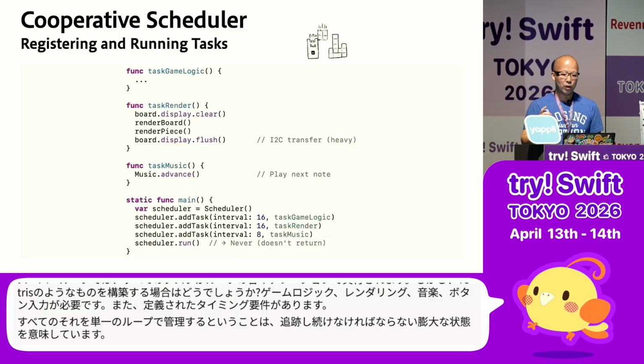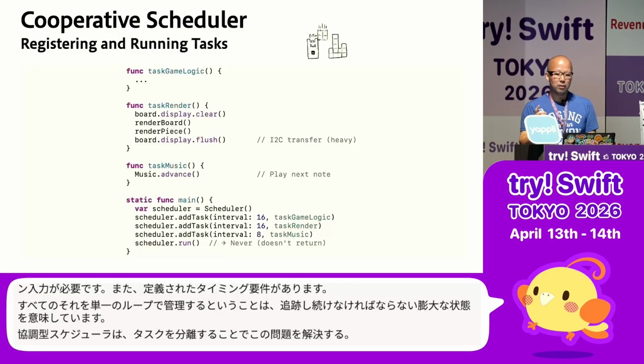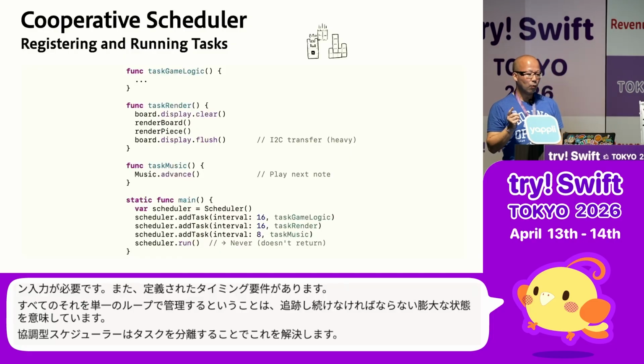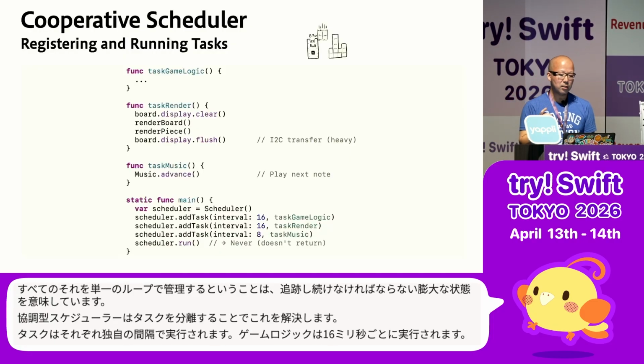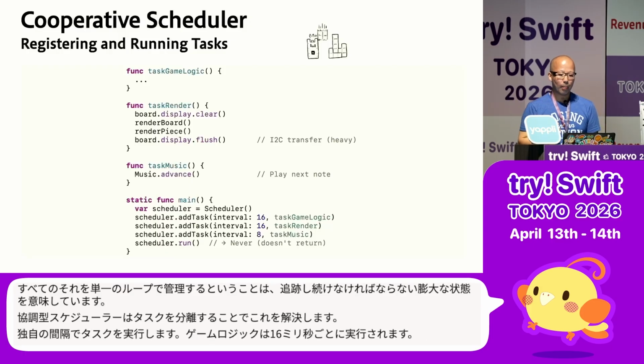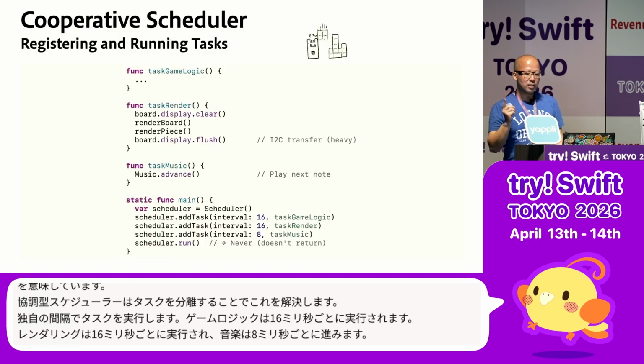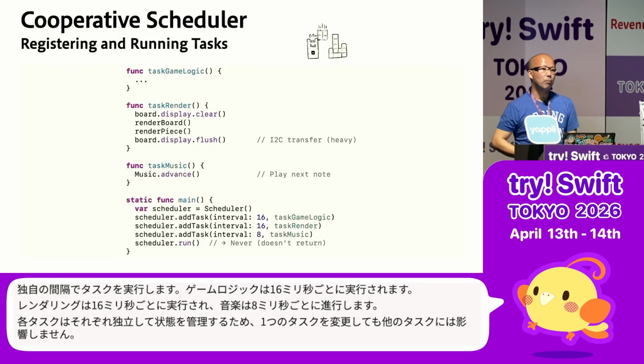You register each task with its own interval: game logic runs every 60 milliseconds, rendering runs every 60 milliseconds, and music advances every 8 milliseconds. Each task manages its own state independently, so changing one doesn't affect the others. The code's much easier to maintain,